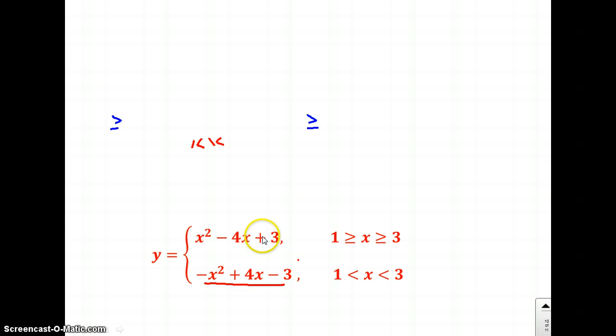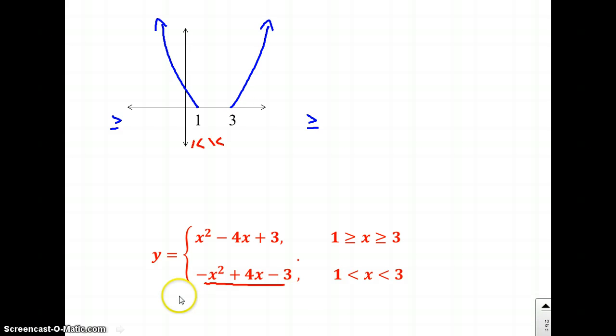So x squared minus 4x plus 3 when x is less than 1 or greater than 3, and negative x squared plus 4x minus 3 when x is greater than 1 but less than 3. Right. So 1 and 3 are the key roles. When x is less than or equal to 1 or greater than or equal to 3, we get the original part of that function. To satisfy the absolute value part, we do the negative x squared plus 4x minus 3. Means the bump goes up above